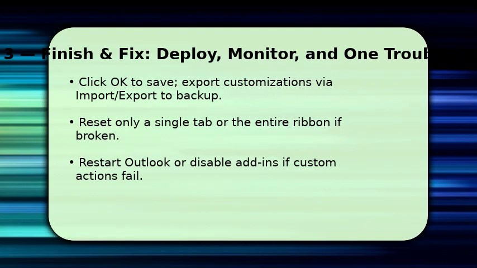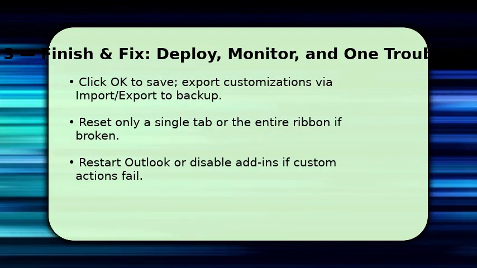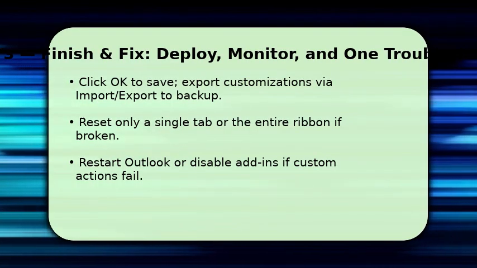If a custom tab breaks or disappears, use Customize Ribbon and choose Reset for the affected tab or the whole ribbon. Reset is safe for layout, not data. If commands tied to add-ins fail, restart Outlook and temporarily disable suspect add-ins. This isolates conflicts. If problems persist, import your backup or recreate the